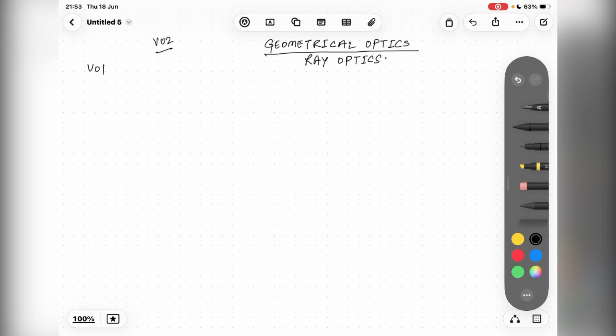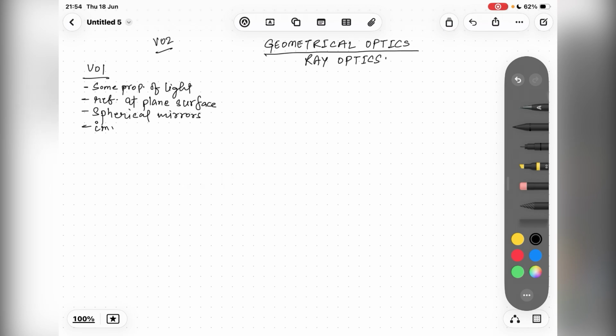So, in the previous video, we saw some properties of light, reflection at plane surface, then we saw spherical mirrors, then we saw image tracing, and at last we saw how sign convention works. In video 2 we will